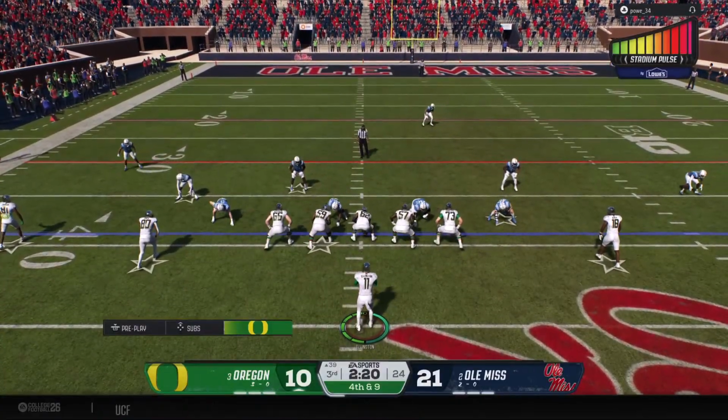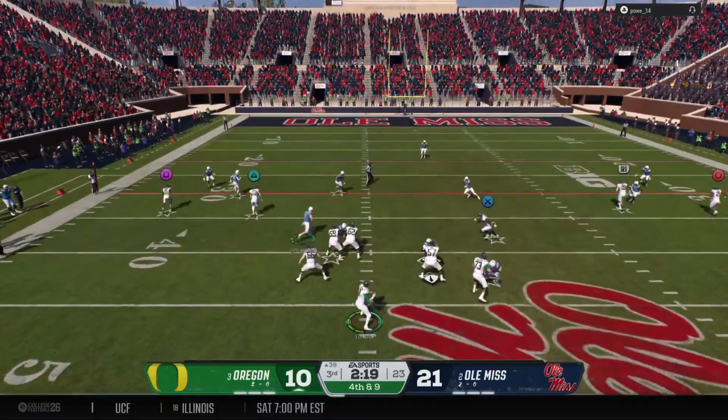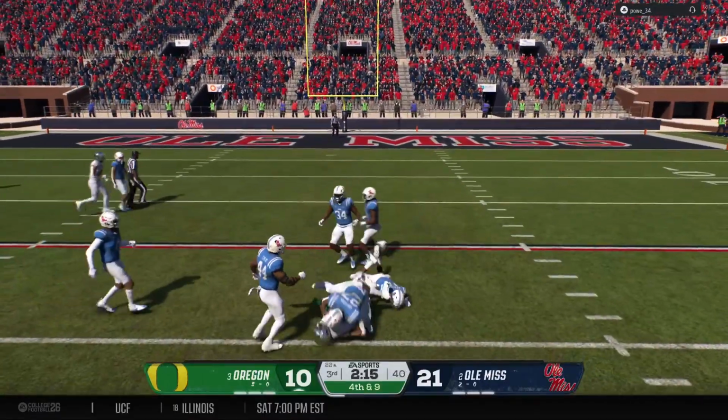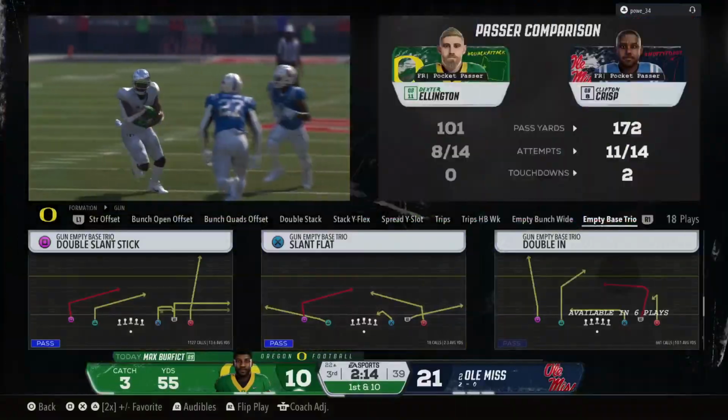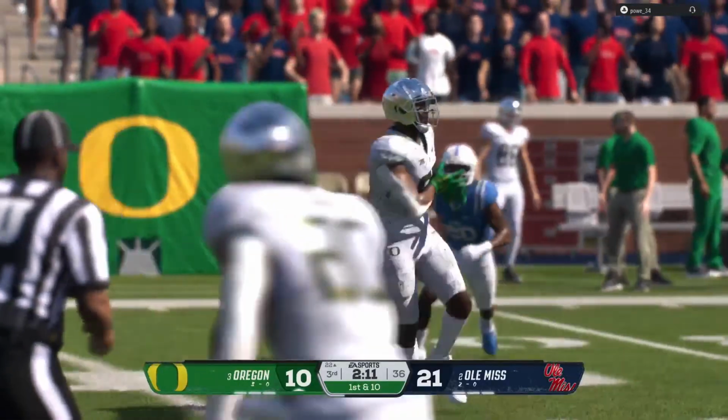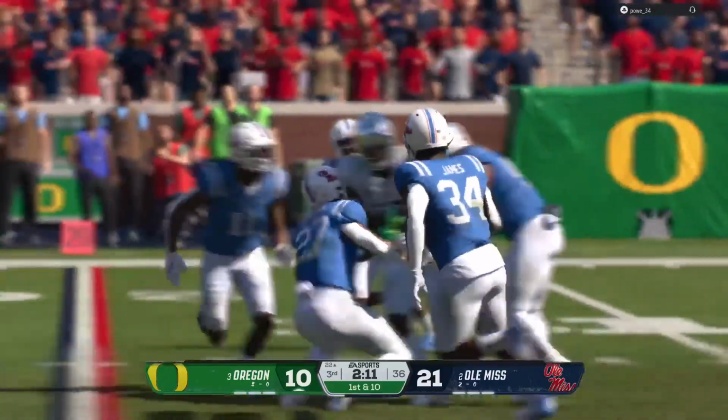Still down by double digits in the third quarter. They're going to go for it on fourth down. Throws to the tight end. Caught! He's wide open. Look out! They bring him down, but not before gaining first down yardage to the 22. Well, Chris, here's an example of what we always talk about.